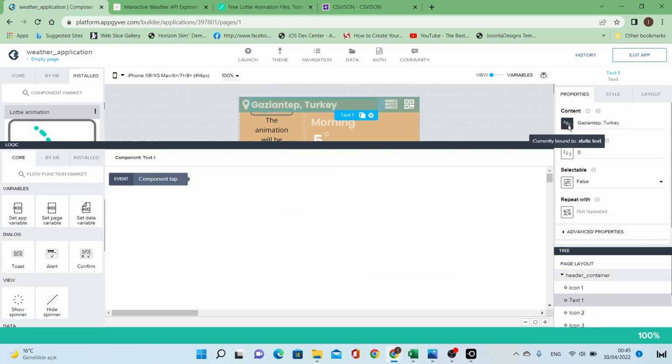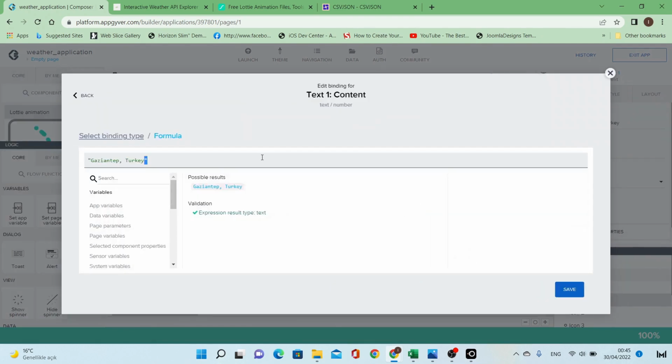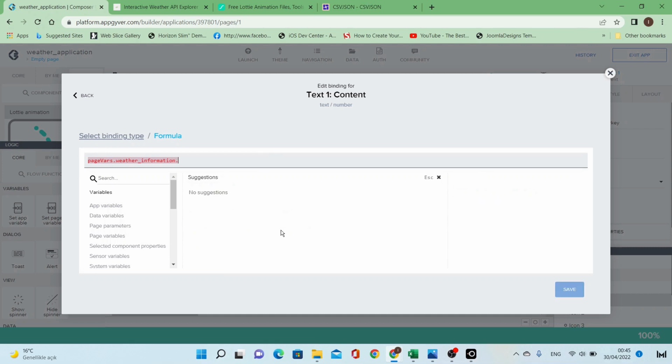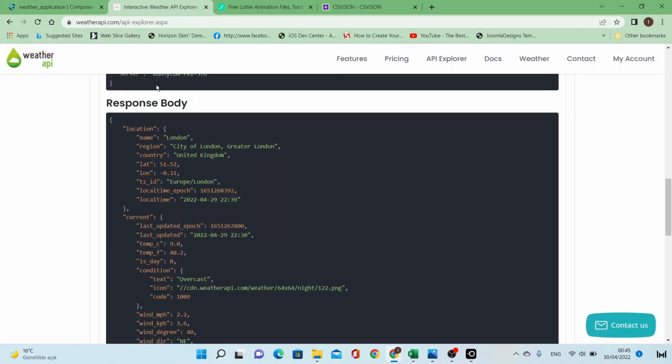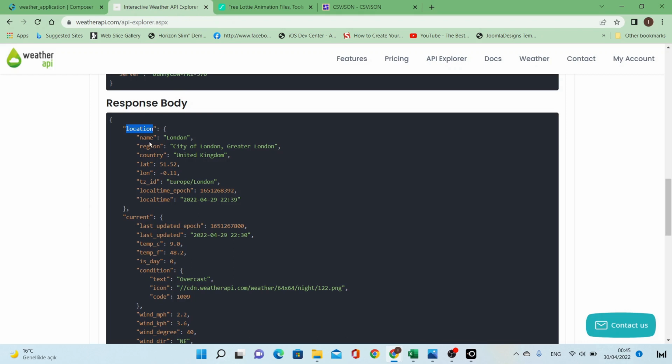So I'll go to the properties of the text and connect it to a formula. Instead of writing static text, I'll get the weather information dot location dot name. So here I reach the name inside the location,